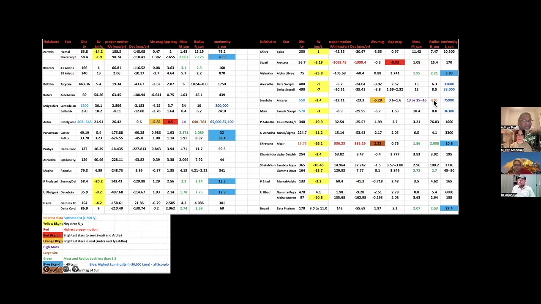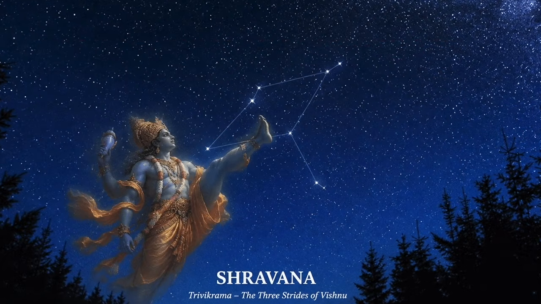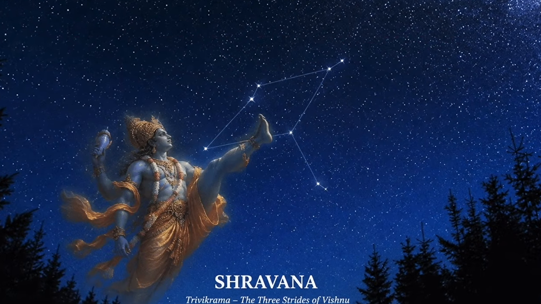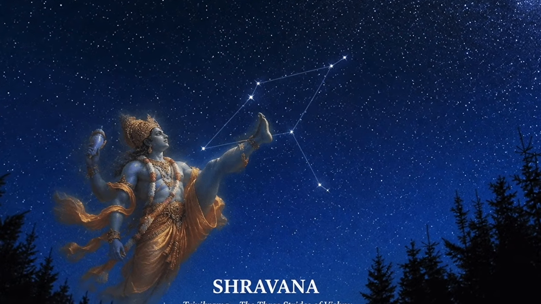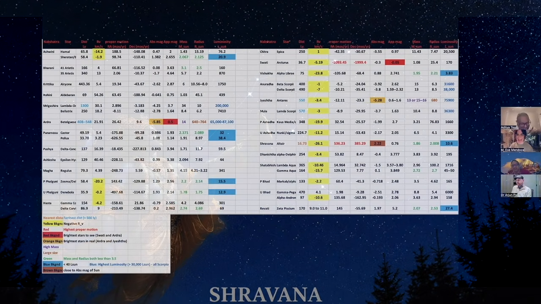One ordinary question that will come is whether we can correlate with the Vimshottari Dasha Grahas and all that. But I think a better correlation will be with the Devatas and all that, right? I just found this interesting. We can do more research into this. Shravan is very interesting. I will come to that. Shravan is a case I've been contemplating.